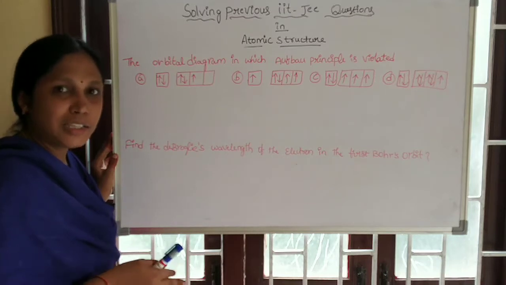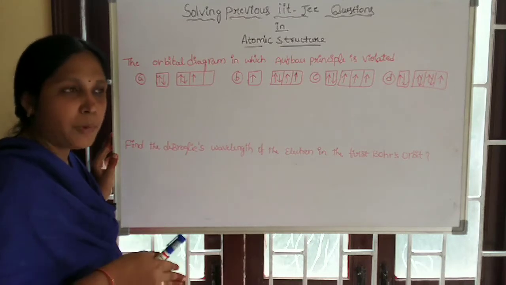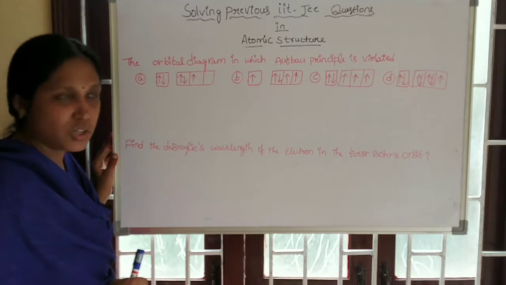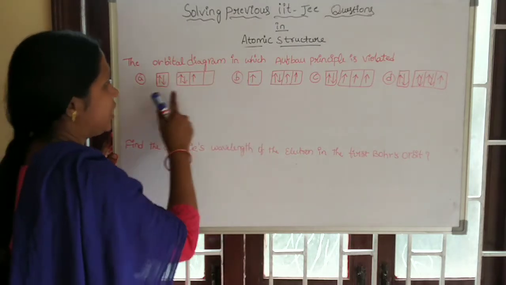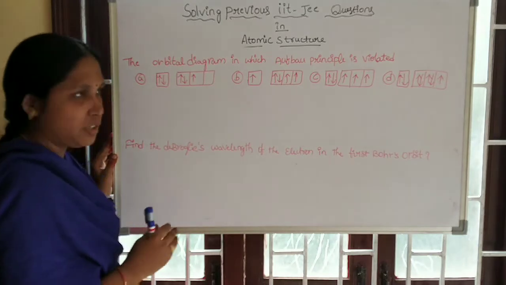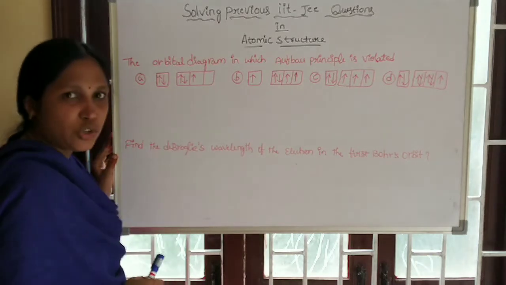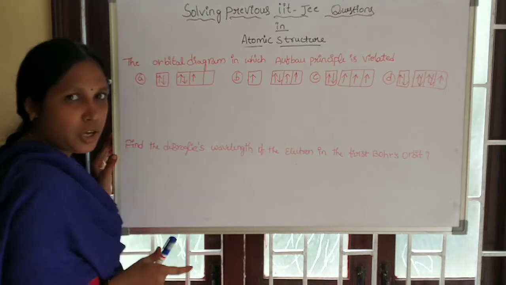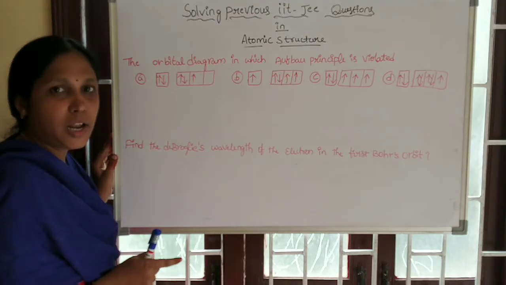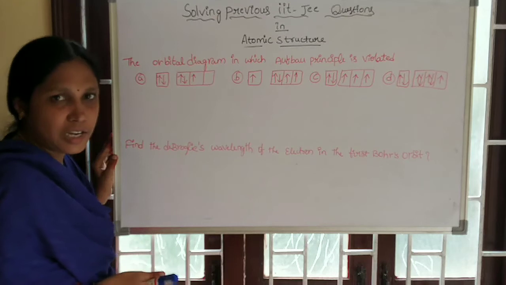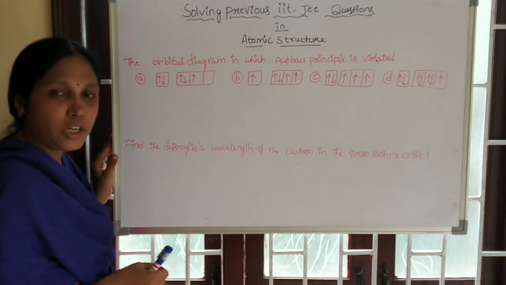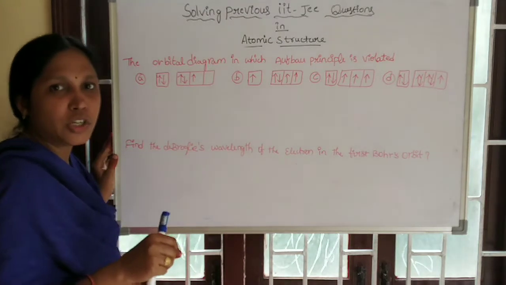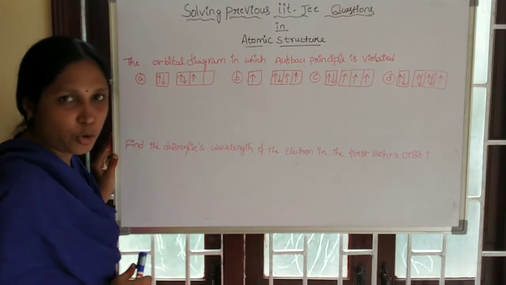If you take s and p orbitals in the same main energy level, the s orbital has a low energy and the p orbital has a high energy. Here the s orbital and p orbital are there, but the main energy level is not indicated. But according to s and p orbitals, we will give a preference. The s orbital has a low energy and the p orbital has a high energy. First, the electron enters a low energy orbital. After filling the lower energy orbital, the electron enters a higher energy orbital.